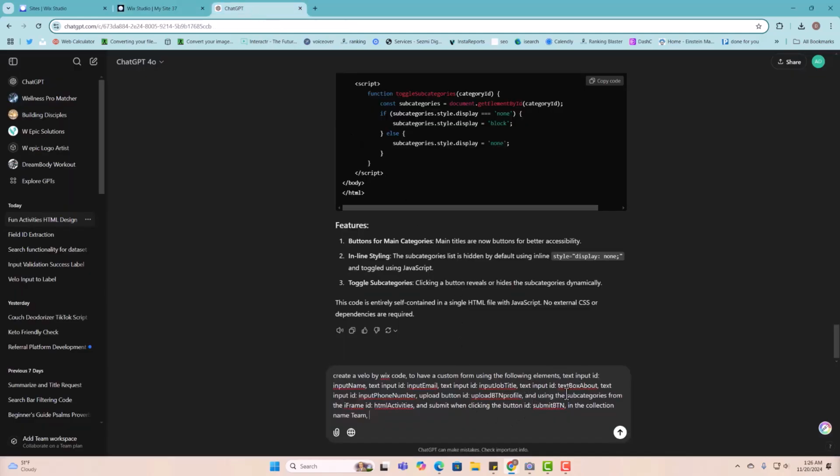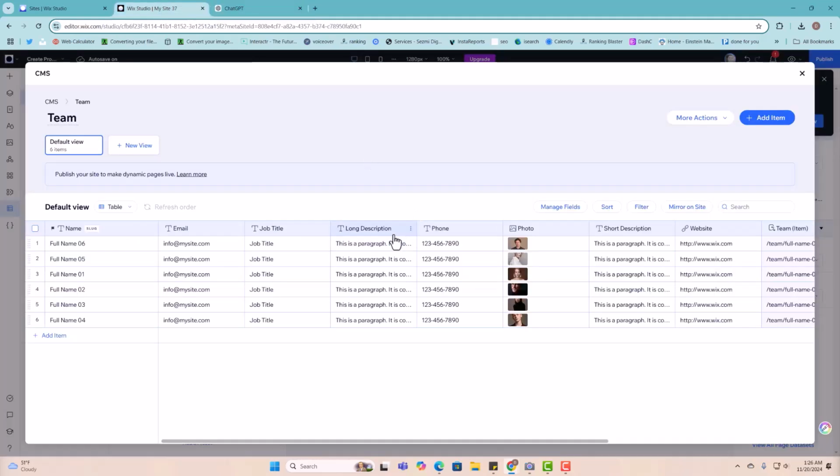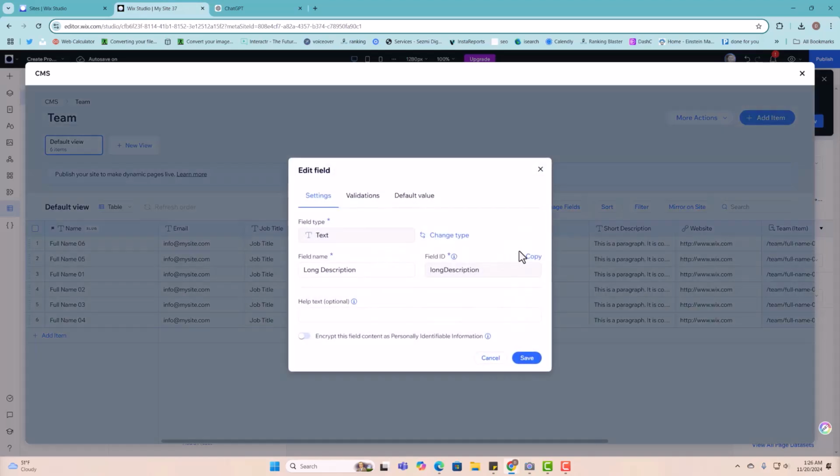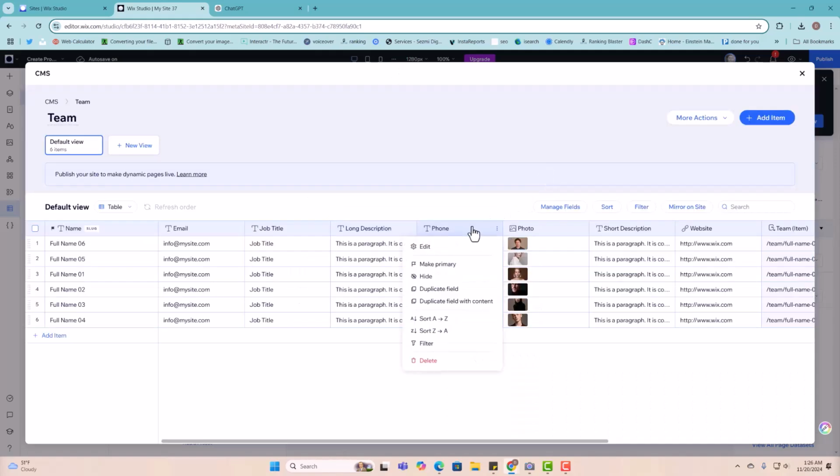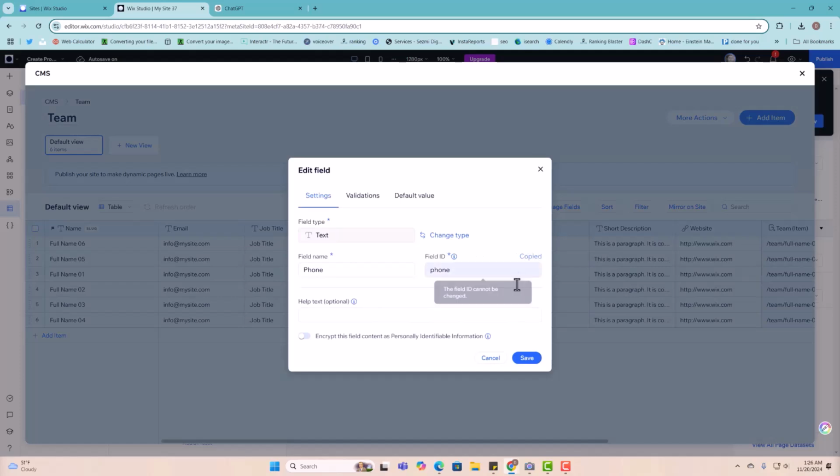We don't have a loan description. Oh yeah, we have a text box, right? So we're gonna do loan description, field ID, and then I can go to the next one, which is gonna be phone, and then